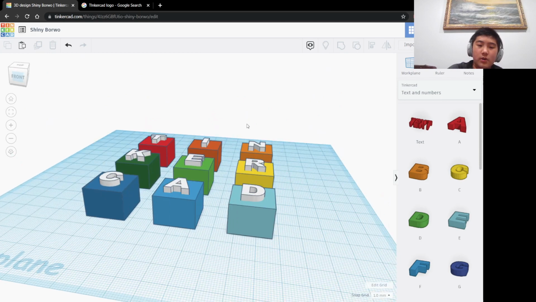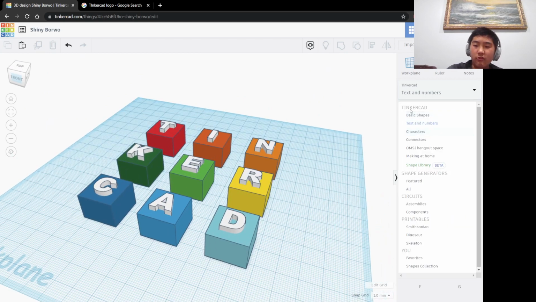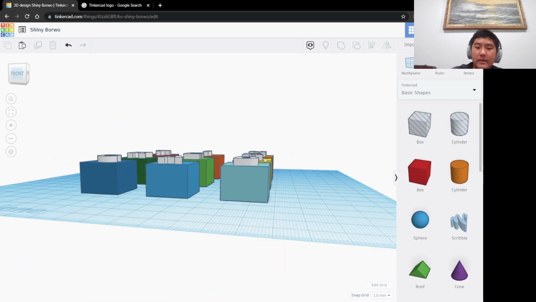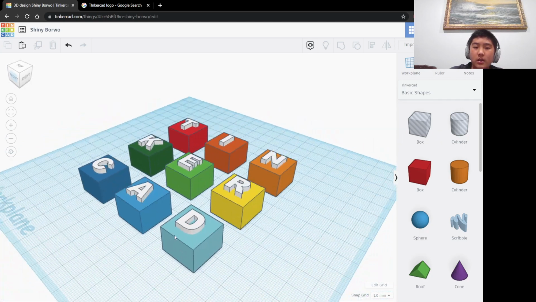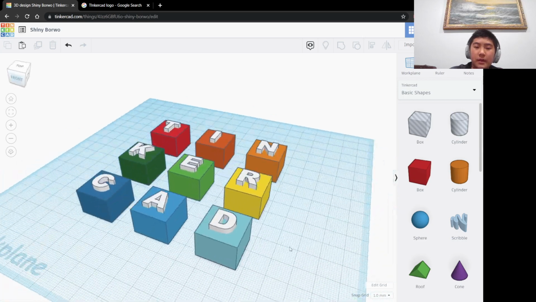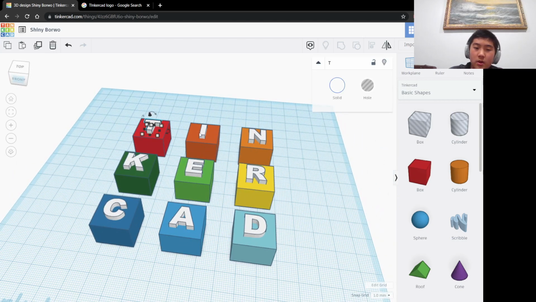Keep in mind the things that we used first. For boxes, we used the basic shapes. We weren't able to use the holes yet, and I'll explain later on if you want to use the holes. But yeah, also a finishing touch that you really want to do when you're done with your entire project. Make sure